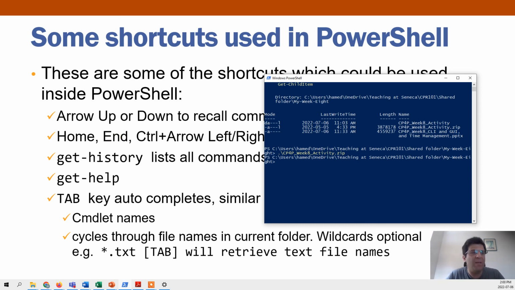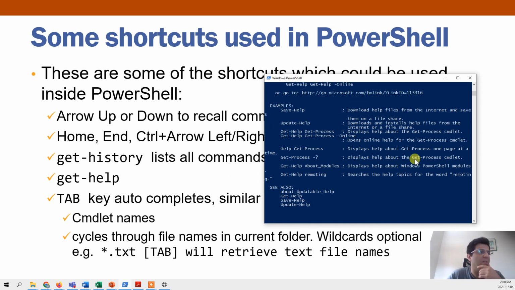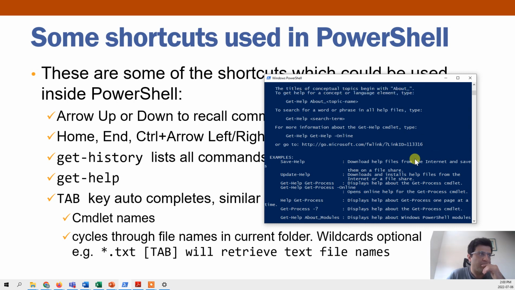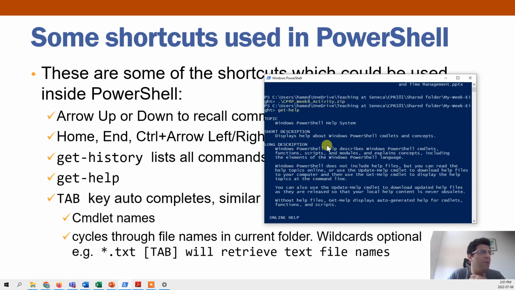And this tab key becomes very handy when it comes to PowerShell or terminal, like in Linux or Mac. Now let's see what happens if I press get, and then we said this is the syntax. Now I'm putting the command get and then dash and get what? Get help. And then it shows me all the possible things that I can do with this. It first shows up here. So it started here. For instance,